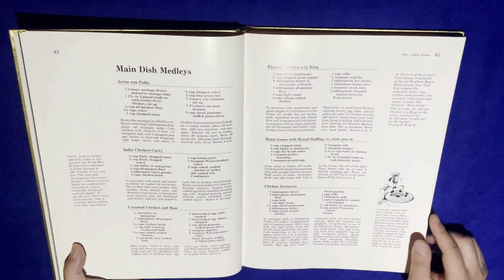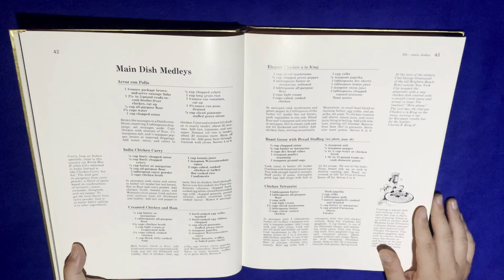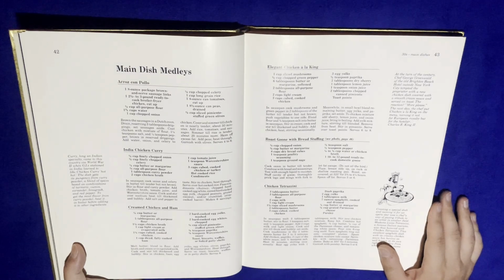So for the chicken curry, you need half a cup of finely chopped onion, 1/2 of a cup of finely chopped celery, 1/4 cup butter or margarine, 1/3 of a cup all-purpose flour, 1 tablespoon curry powder, 2 cups of chicken broth, 1 cup tomato juice, 1 teaspoon